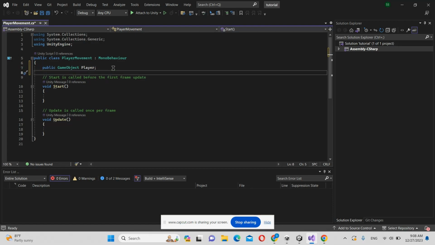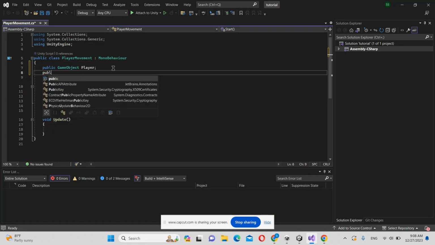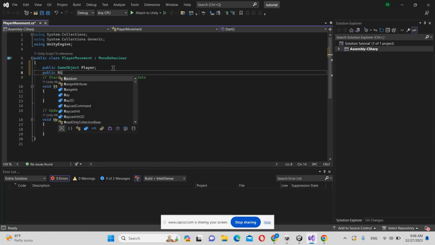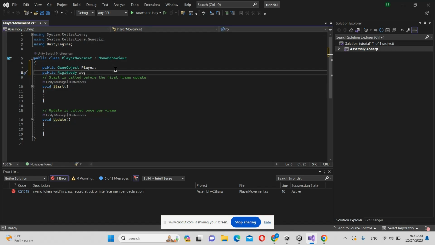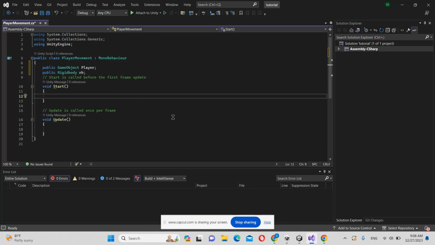We'll say public rigidbody. So what is rigidbody? Rigidbody is like what I explained a while ago. It's a component inside of the player. So we'll call this the name RB. All right. Now to make sure that we actually have RB inside of our script, we are going to type